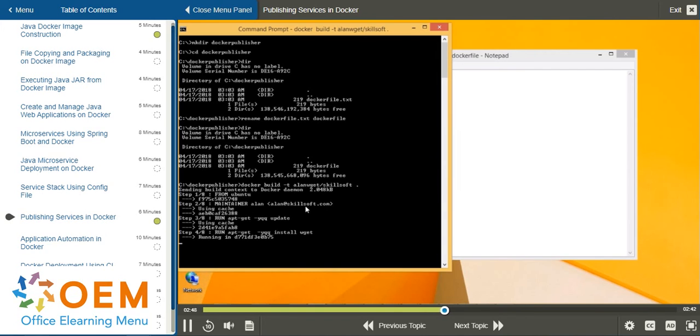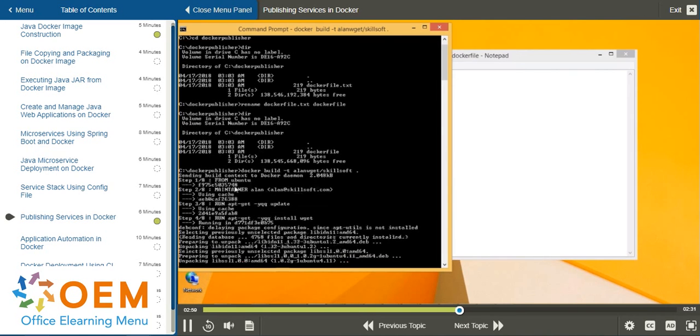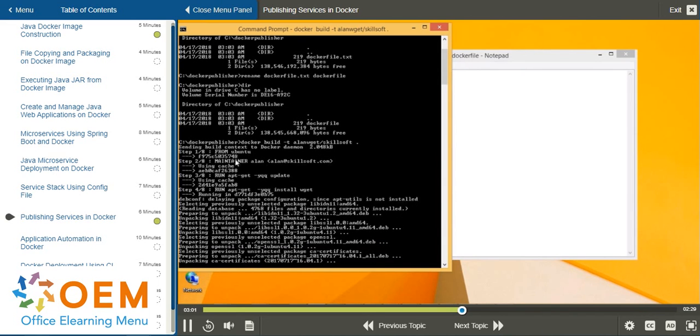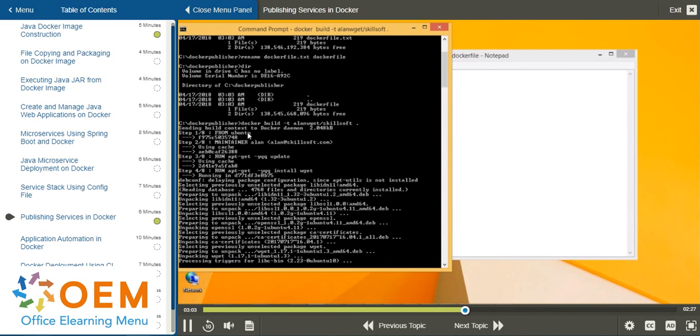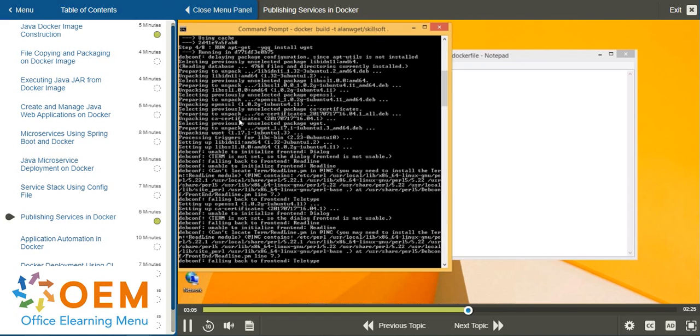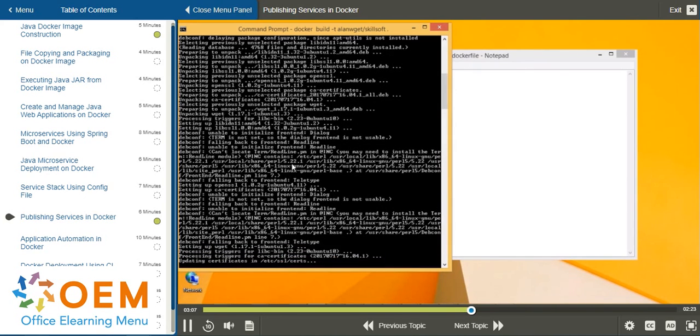So it's executing sequentially, starting at the first step, adding the maintainer, running apt-get update, and wget install. Since the Ubuntu images were downloaded earlier, it took little time to execute the first 4 steps. Now in case we are using Ubuntu as the base image or downloading Ubuntu for the first time,